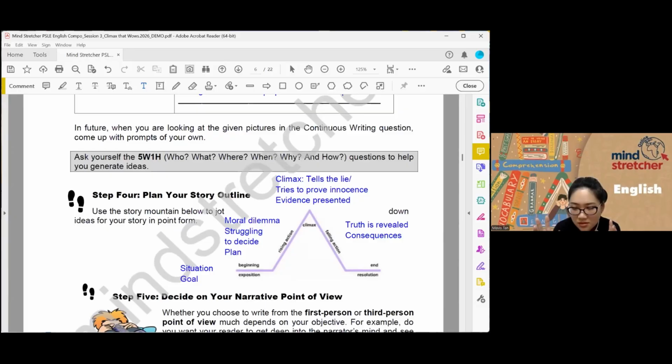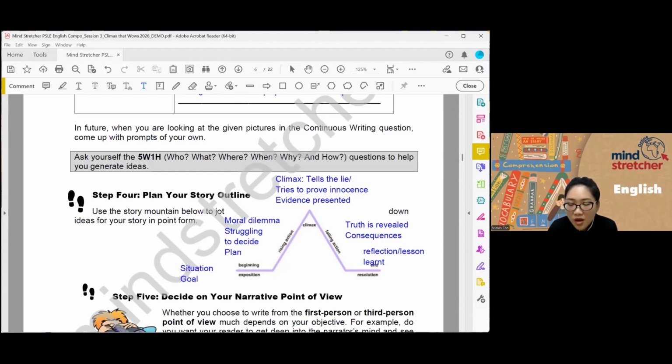The consequences. It could be emotional, it could be real, like having to pay, having to speak publicly in front of the whole school to apologize. Consequences. Okay, and lastly, your reflection, your lesson learned, and this is what I told my students in class today as well. Please don't just say, I learned that I will never tell a lie again. Because everyone is going to write that. And what makes this a better composition?